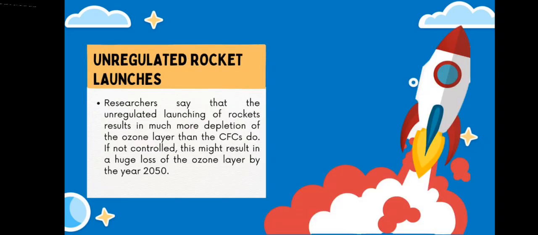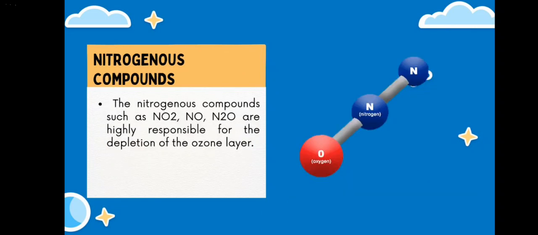Then, unregulated rocket launches. Researchers say that unregulated launching results in much more depletion. If this is not controlled, it may result in a huge loss of ozone by the year 2050. As we know, rockets use fuels that emit harmful gaseous substances. The nitrogenous compounds. These compounds, such as nitrogen dioxide, nitrogen monoxide, and nitrous oxide, are highly responsible for the depletion